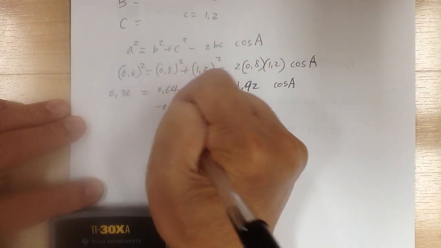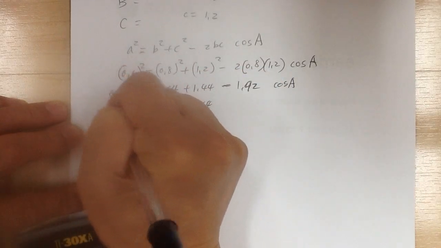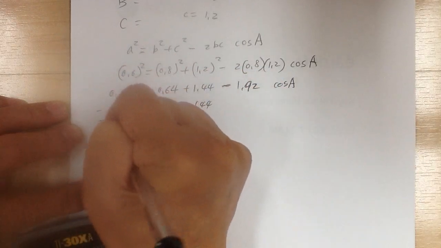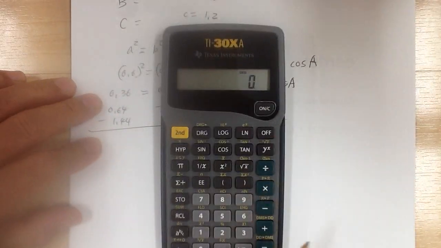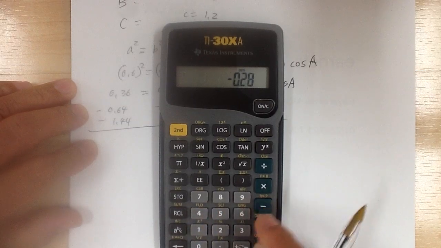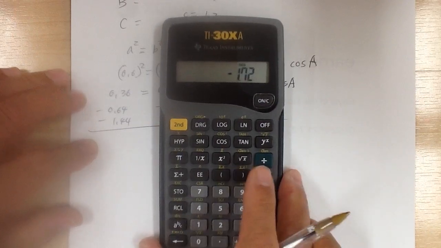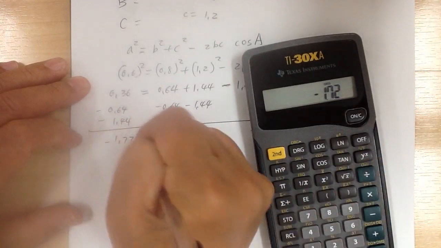So minus 0.64 minus 1.44. So 0.36 minus 0.64 minus 1.44. Okay, so negative 1.72